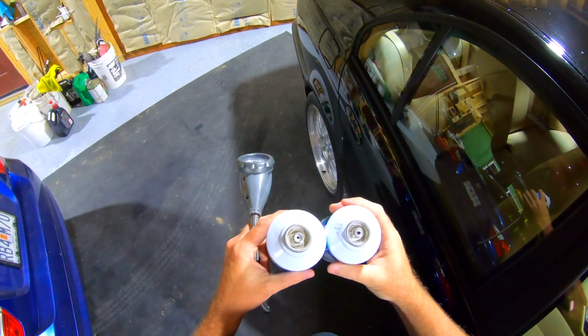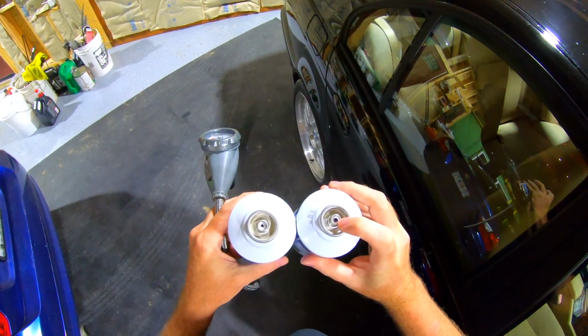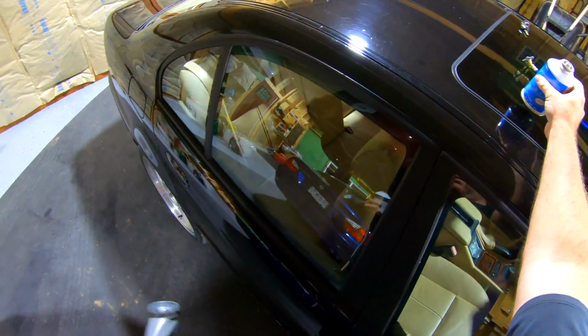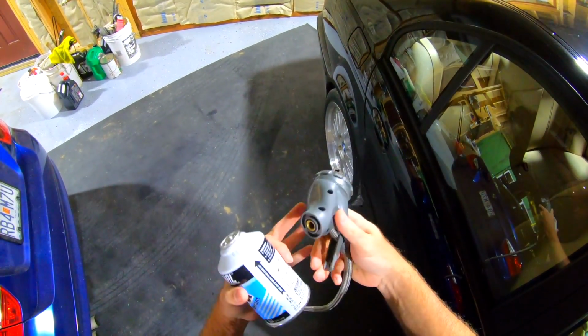This is the new style can. It looks very similar, has the same threads on it, but down the side of it actually has a little rubber deal. So what I mean by that, this can still has some in it, it's already been punctured. So the way the new hose works